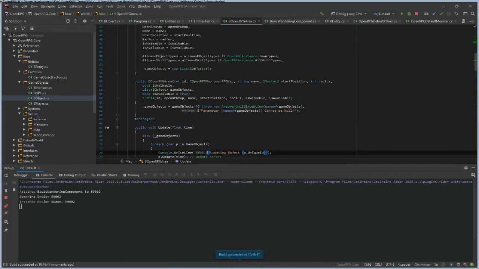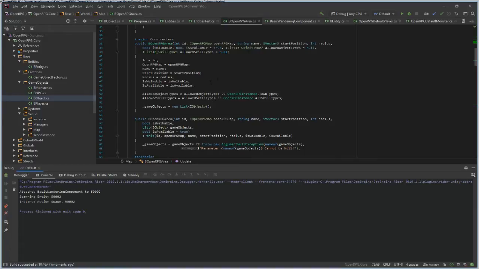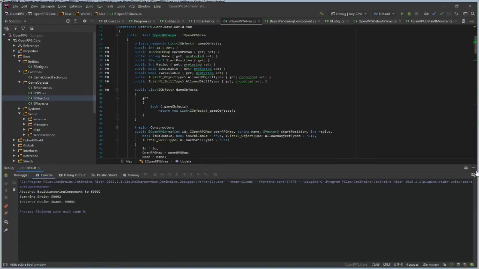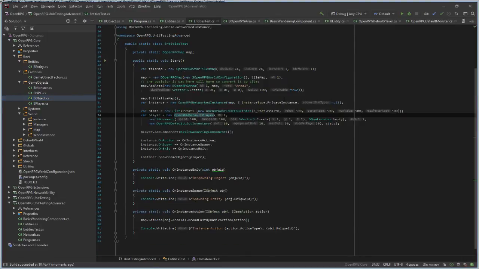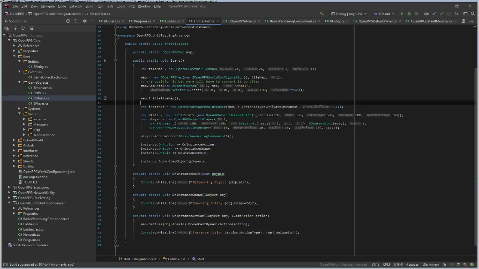Okay, so our area is not updating our game objects. Area is not updating our game objects. How do we fix that? Initialize map. Oh, shit, I forgot. My bad.